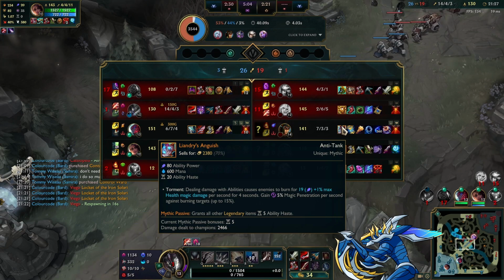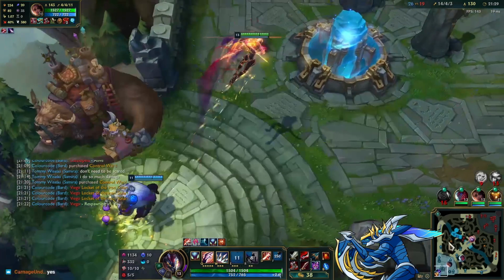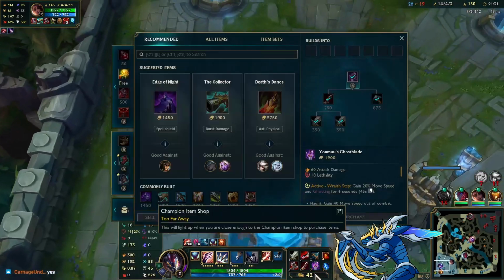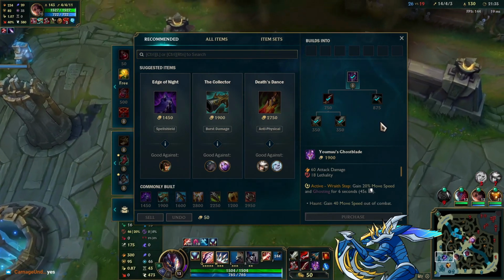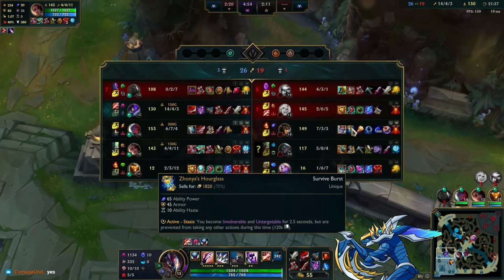So we're going to respawn here. I did pick up Youmuu's, and we've got this Serrated Dirk going for us here. And what's my next item? My next item is going to be...